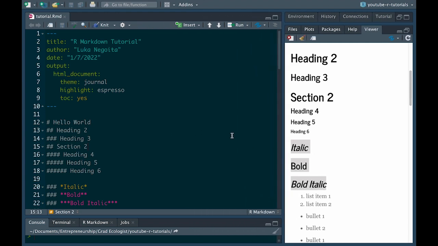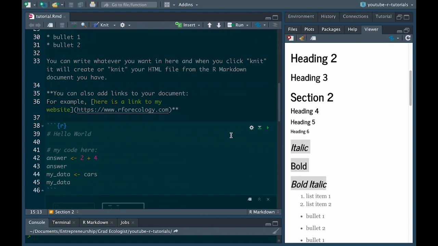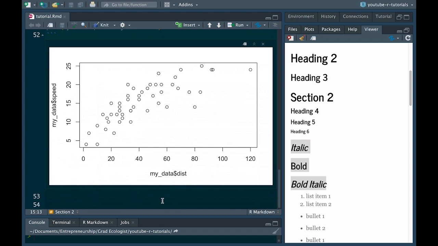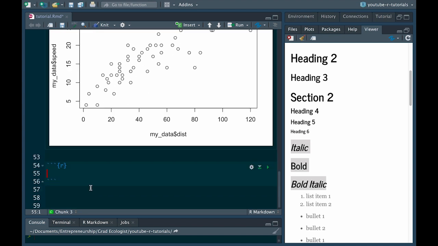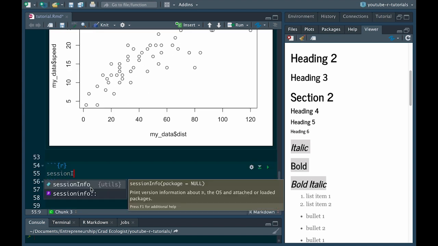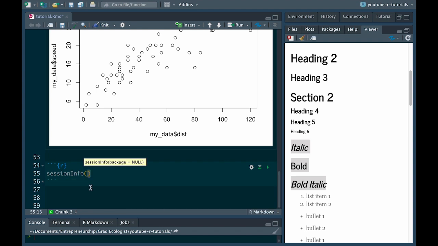I'm going to end this section with a really quick pointer that I think is really valuable and important to add to all of your R Markdown documents. This is something that I'm definitely guilty of not always doing, but I really, really recommend it. Add in a code chunk at the end of your R Markdown document with the function sessionInfo, with a capital I, and then just 2 parentheses.